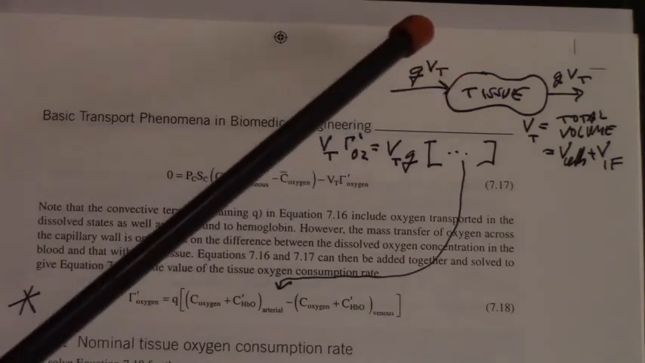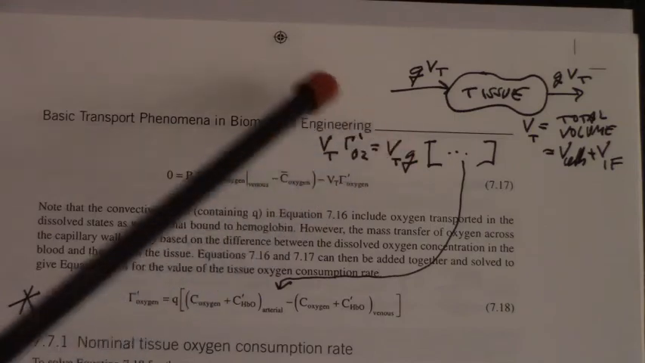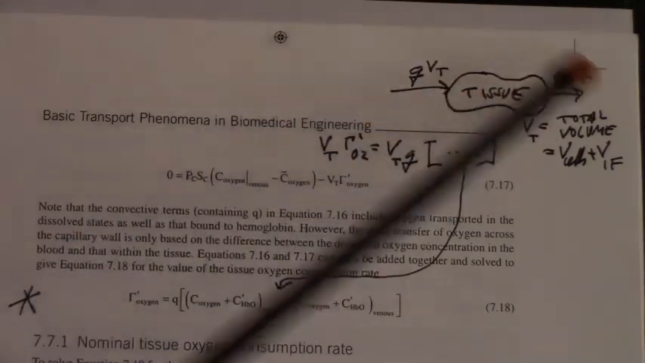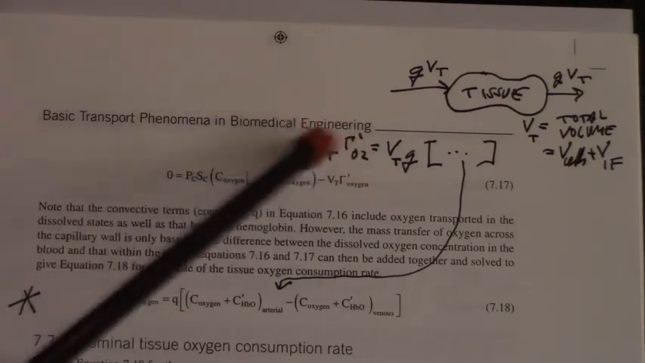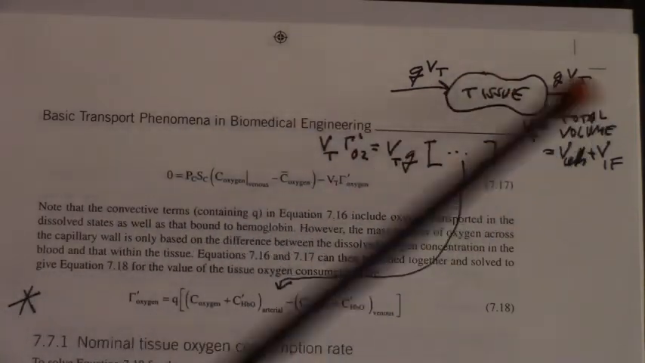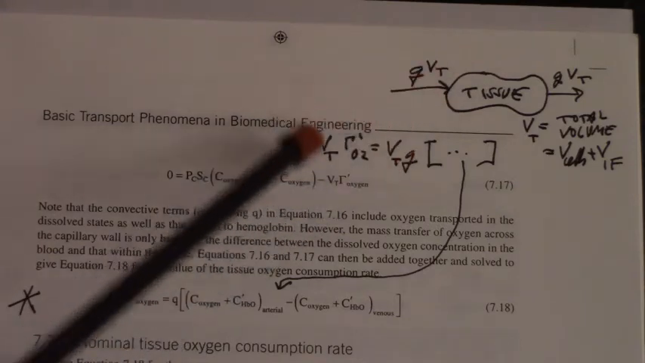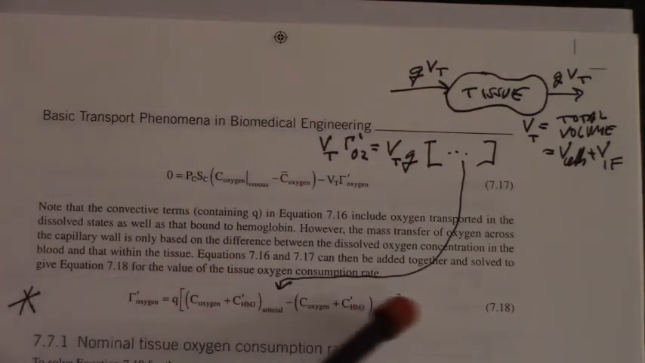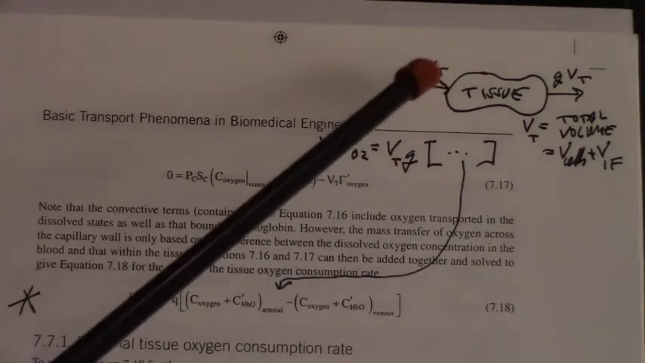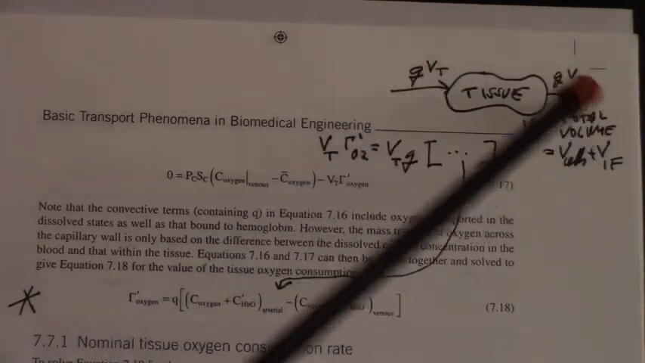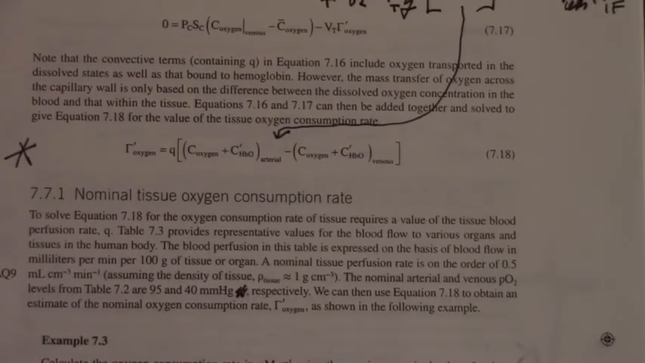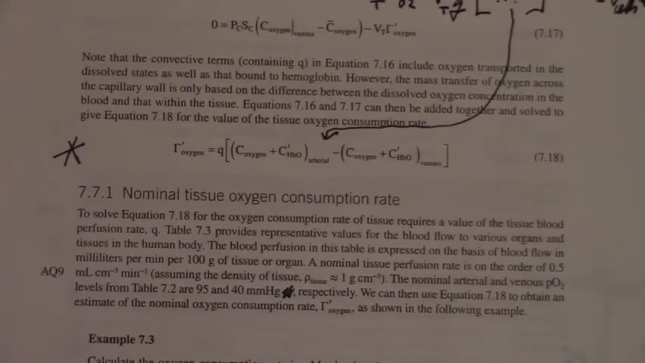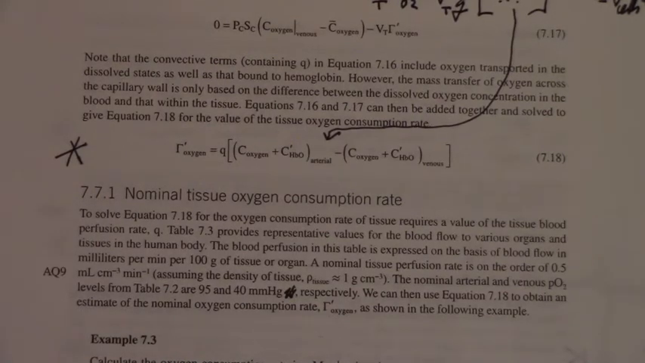And we can then cross out the VTs, because the amount of the tissue that we're talking about gets crossed out, whether you're talking about it here or over here in terms of the blood convection term. So these VTs would cancel out, and when you put in the amount of oxygen in the arterial and venous blood, you end up with what we call equation 718. So 718 then would be our basic